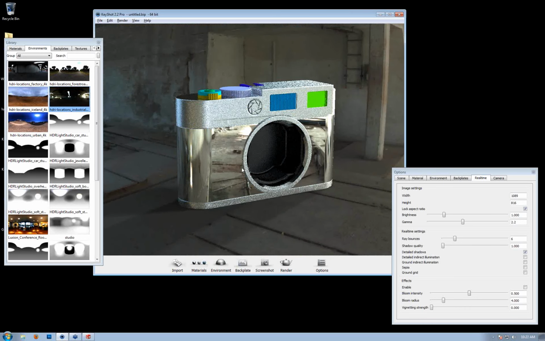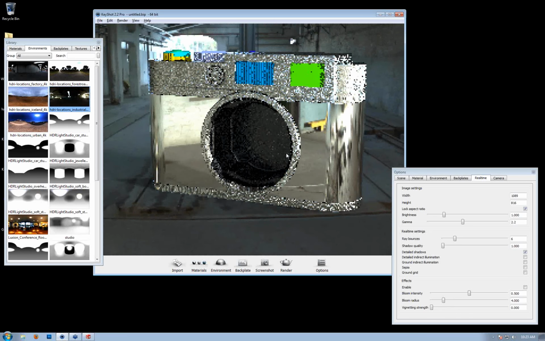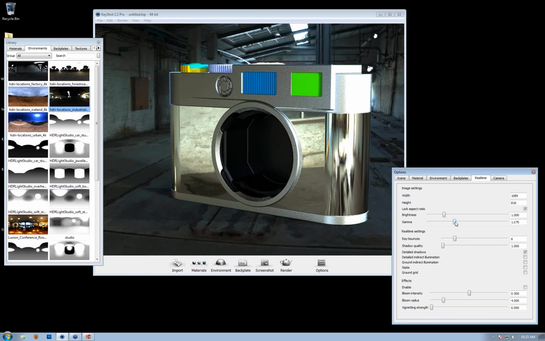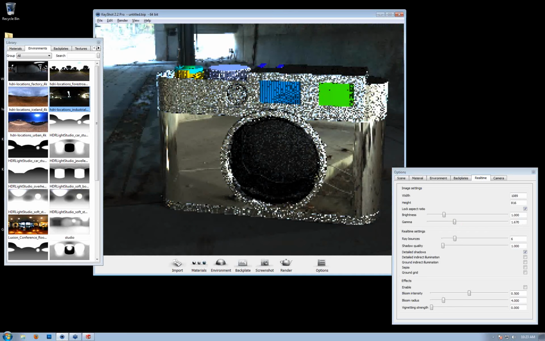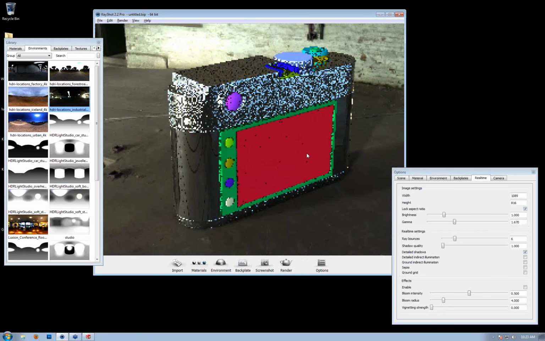Now, gamma seems like a strange thing to have to worry about, but it's a really good thing to have in the tool. It allows us to fine-tune contrast right here in KeyShot, but we're doing it a little bit different than just a Photoshop contrast filter. We're actually adjusting the contrast of the light as it is interacting with the sensor of the camera in KeyShot. So what I'm looking through here, if you think about it as a digital camera, even though we're looking at a digital camera as well,